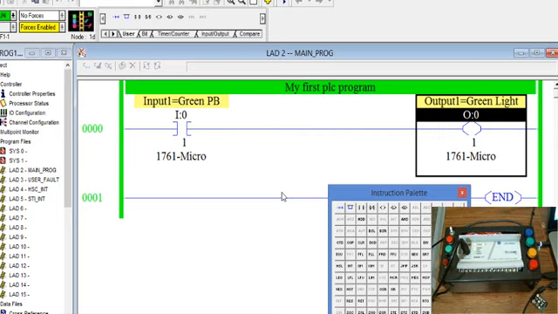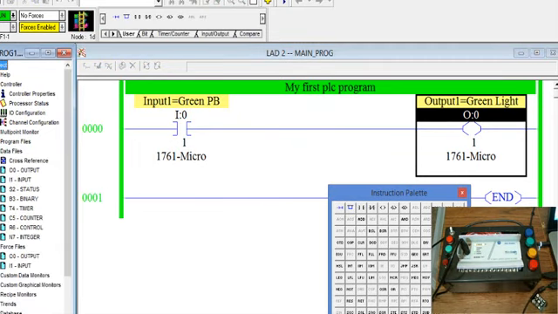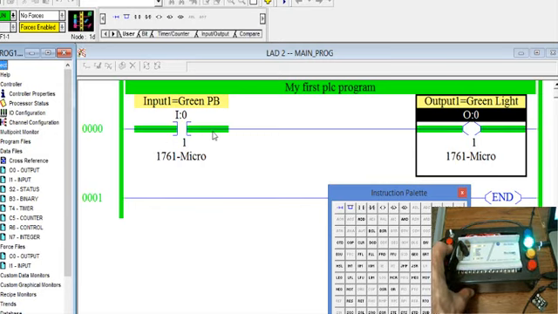Right? So now we have the system online. Every time you see this icon turning around, it means that we're online. We have our laptop connected to the controller, right? So here I go again. I'm going to press start, and as long as I hold it, the system is energized and the output is energized, right? So that is an